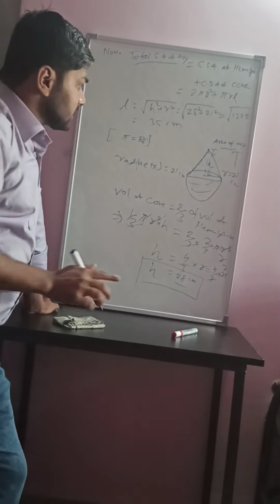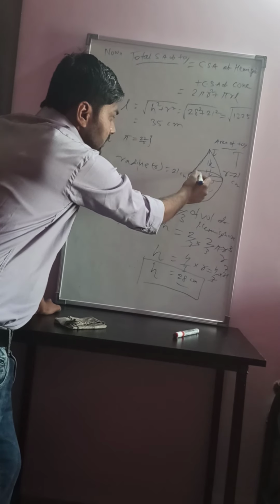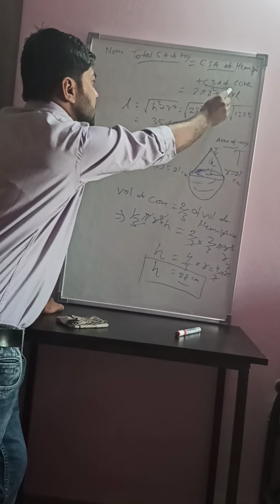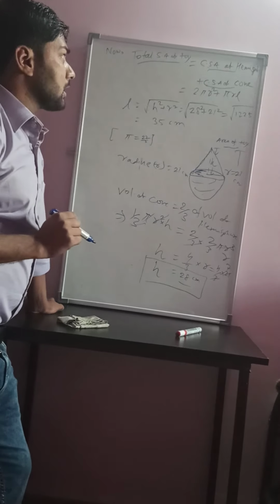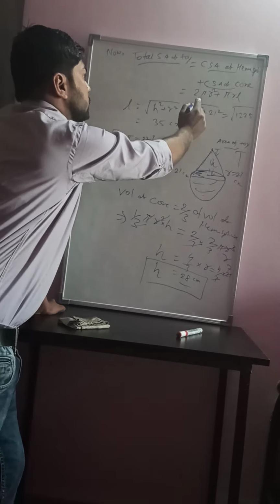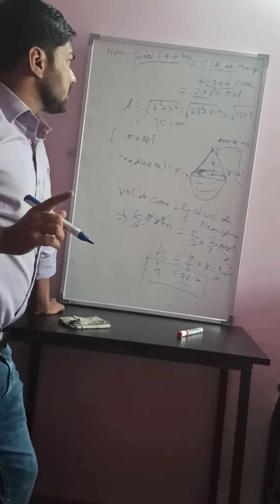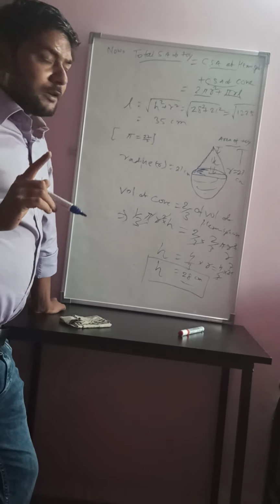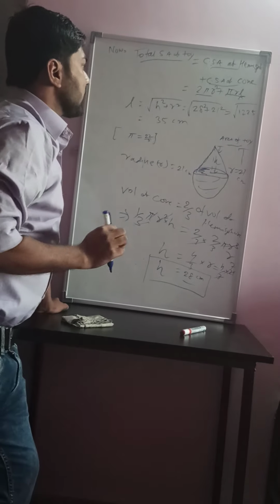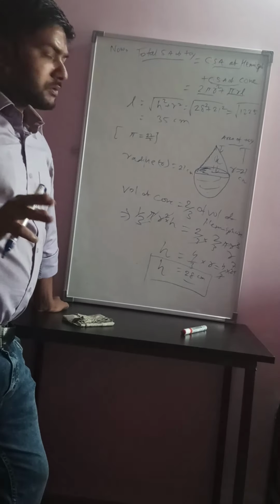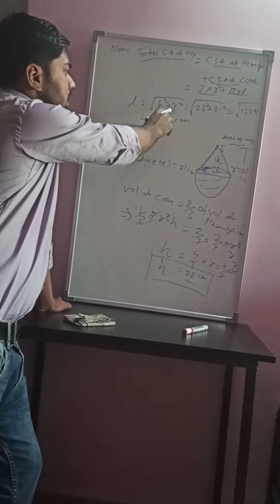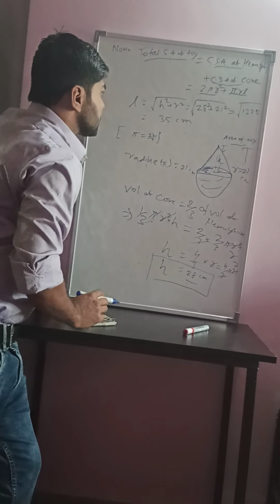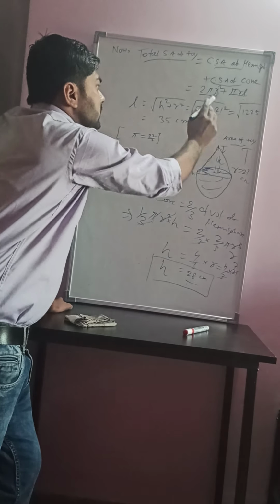Keep in mind that we don't have to include this circular part. So basically we need the curved surface area of the hemisphere plus the curved surface area of the cone. The curved surface area of a hemisphere is 2 pi r squared, and that of a cone is pi r l. We have the r value and pi, but we don't know l. To find l, the formula is l equals the square root of h squared plus r squared, and h is 28 centimeters. So 28 squared plus 21 squared.